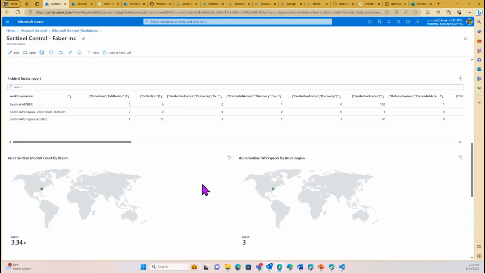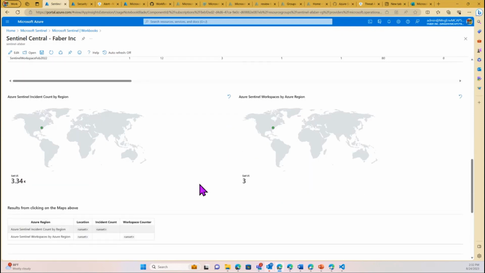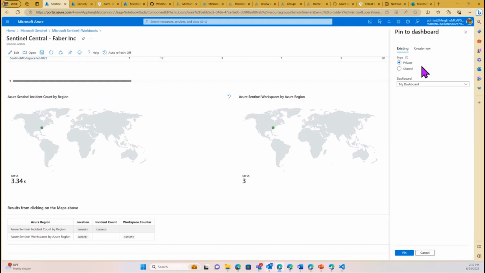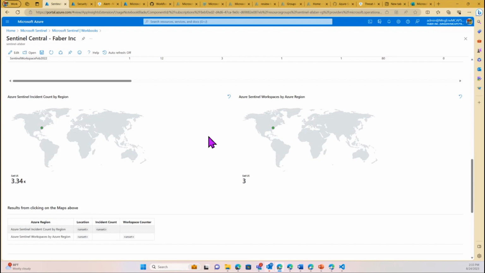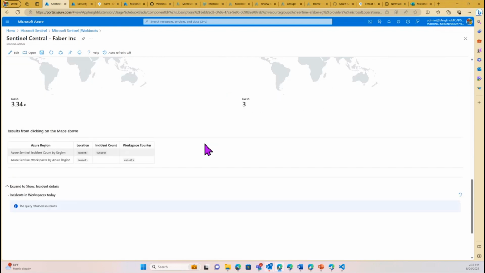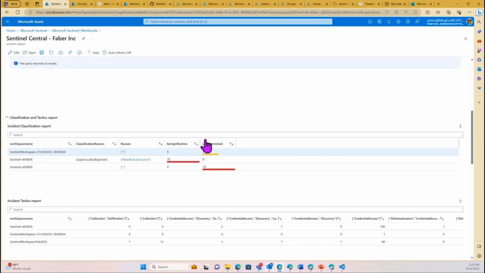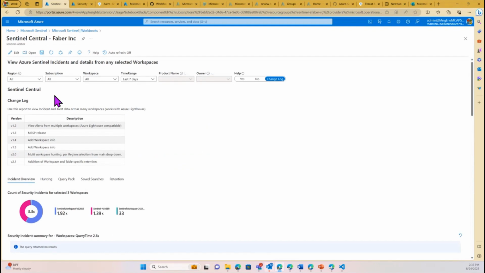Some partners like to see this because they'll pin this report to a dashboard and then make it available to other people to access, so they don't need to have access to Sentinel to be able to see that. But you can have, let's see,